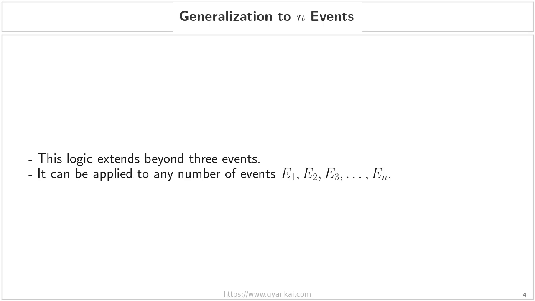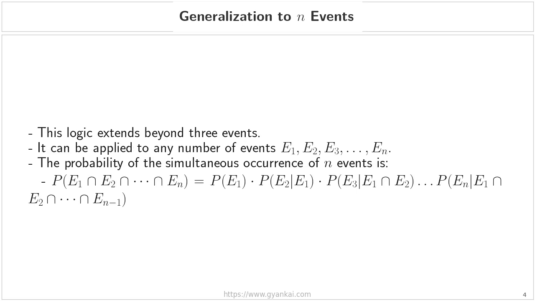In fact, this principle can be applied to any number of events, which we can represent as e sub 1, e sub 2, e sub 3, all the way up to e sub n. So, if we want to find the probability of the simultaneous occurrence of n events, that is, the probability of the intersection of e sub 1, e sub 2, e sub 3, through e sub n, the formula follows that